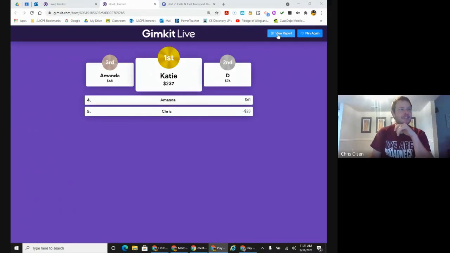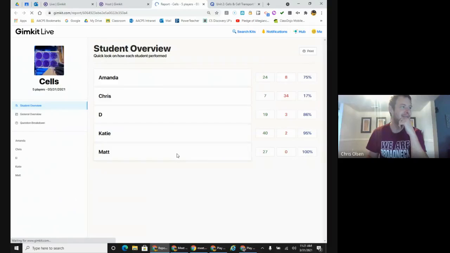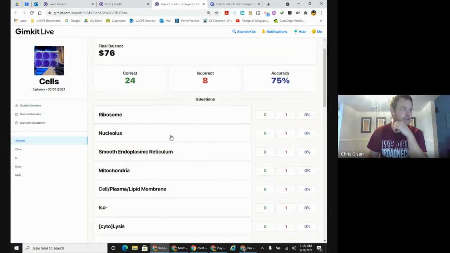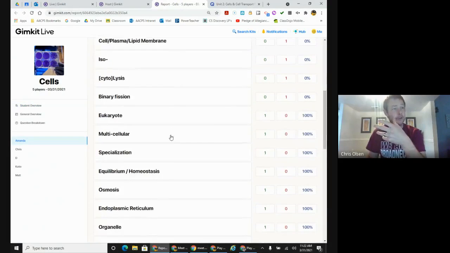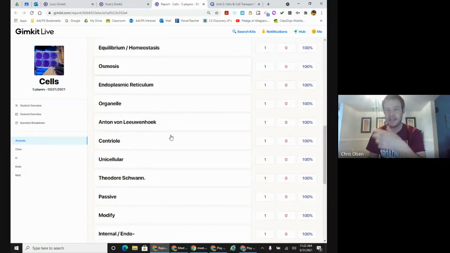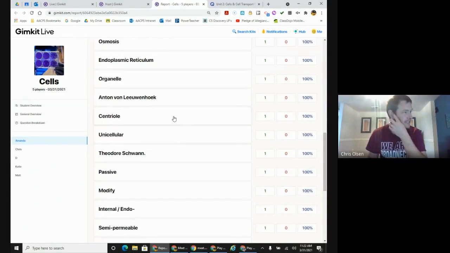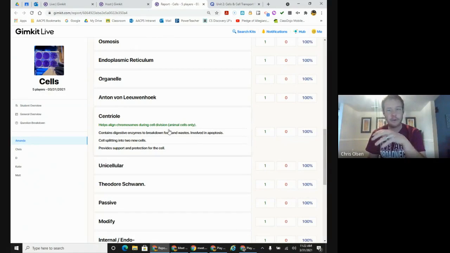But it also gives you the ability, after a match ends or later on, to view a report. Within the report, you can take a look at the individual students, how many questions they got correct, and which ones they got incorrect. You can see how often they got asked the question, so you can really focus in on individual students, like, okay, they're not getting the concept, or maybe it's this topic that a lot of students are missing questions about, so maybe you can reteach it the next day.